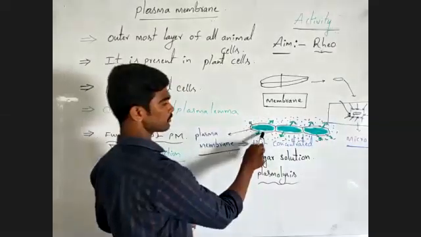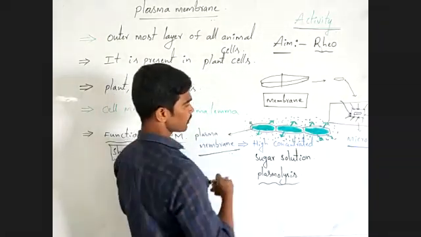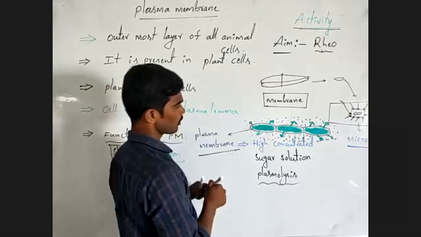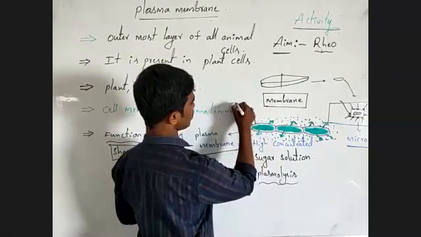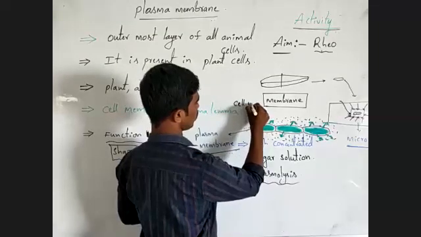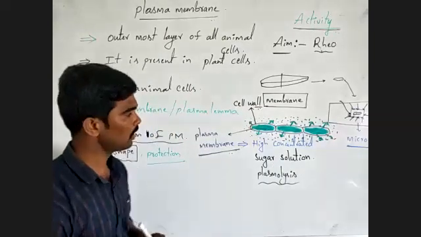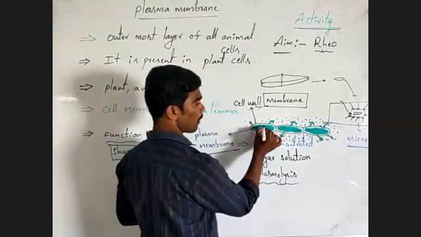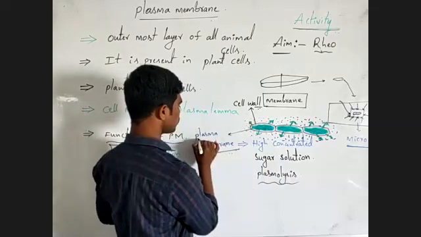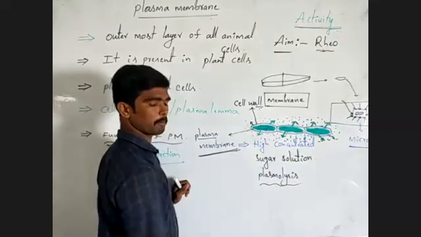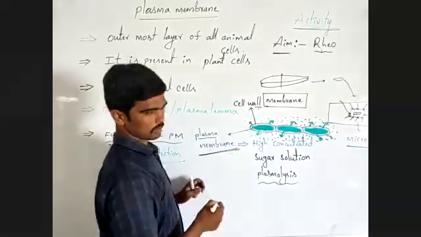When we observe this slide under the microscope, we can see these structures. Observe this type of structures. Here, this black color membrane is the cell wall. Next, the boundary of the green color part is the plasma membrane. Also like this, in normal cells,